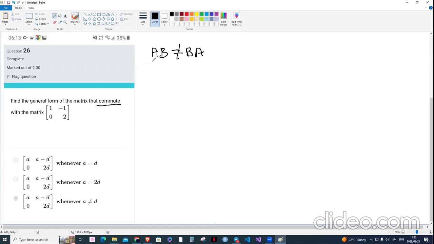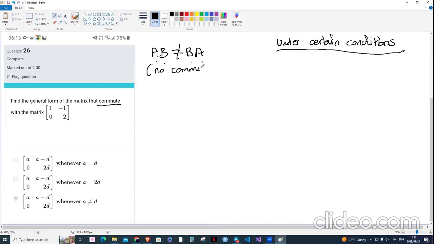So in other words, AB does not commute with BA, because if it did commute, we would have, under certain conditions, now commute. But under certain conditions, if they do commute, AB